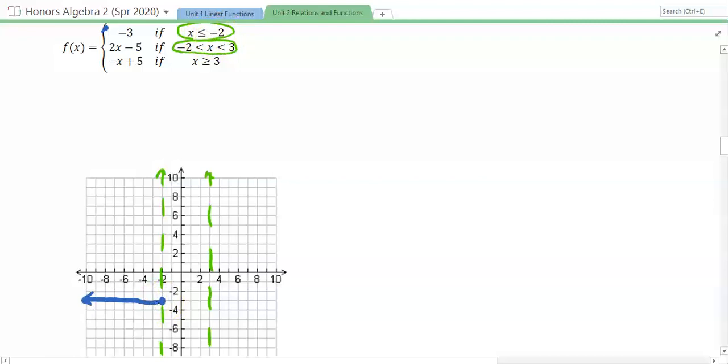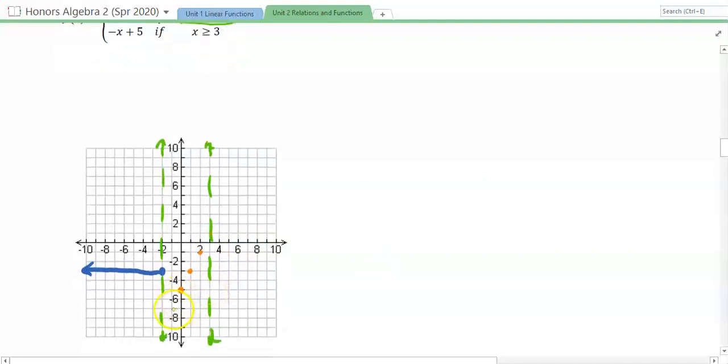My middle piece is the next part, right? And so it's 2x minus 5 in this middle section between -2 and +3. So my y-intercept's -5. So I'm down here, y-intercept -5, and my slope is 2. So I'm going to go up 2, right 1, up 2, right 1, up 2, and right 1. Now we'll talk about this point here in a second. And I can continue my line down 2, left 1, down 2, left 1,